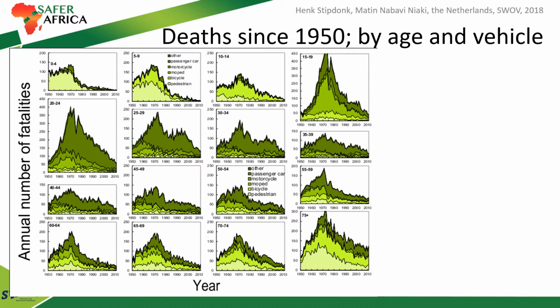And as you can see, the number of people killed as young children has been rather high up until 1970, and then decreased very quickly until there are hardly any people killed at that age nowadays, as compared, for example, to the 75-year and older, where still more than 100 people are killed annually in those age groups. And you can see that some are pedestrians, some are cyclists, quite a lot actually, and the remaining are mostly